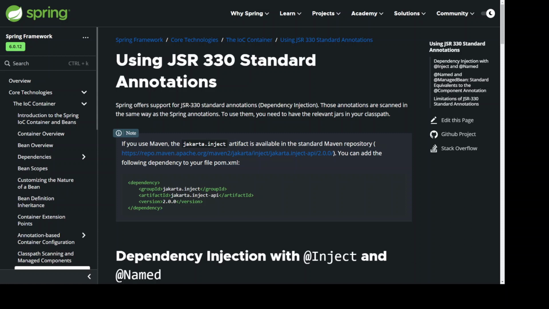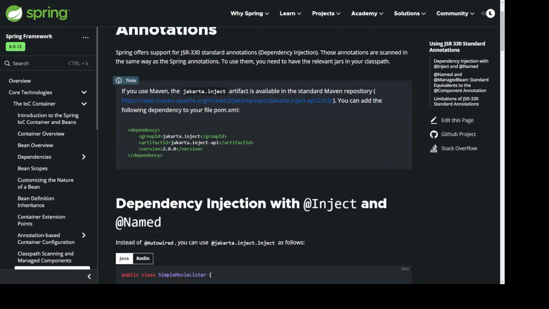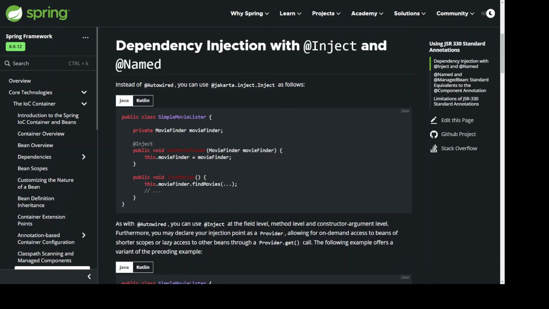<dependency> <groupId>jakarta.inject</groupId> <artifactId>jakarta.inject-api</artifactId> <version>2.0.0</version> </dependency>. Dependency Injection with @Inject and @Named. Instead of @Autowired, you can use @jakarta.inject.Inject as follows. public class SimpleMovieLister { private MovieFinder movieFinder; @Inject public void setMovieFinder